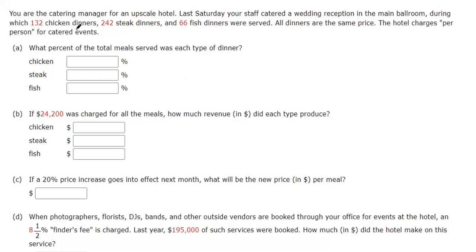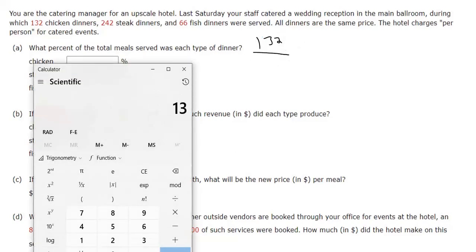Okay, so there were 3 different meals served. What percent of the meals were chicken? Well, percent is found by taking a portion you're interested in, so 132 chickens, divided by a base, which is the total amount. So there's 132 chickens, 242 steaks. So there's a total of 440 meals,